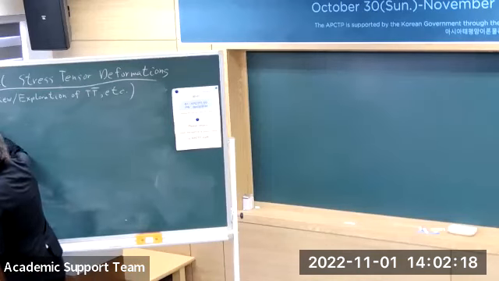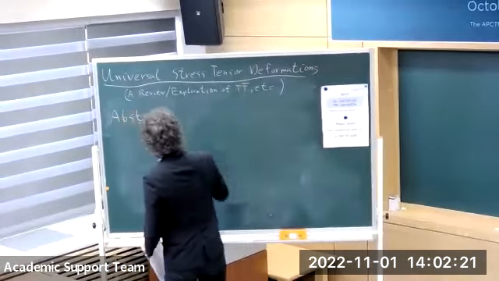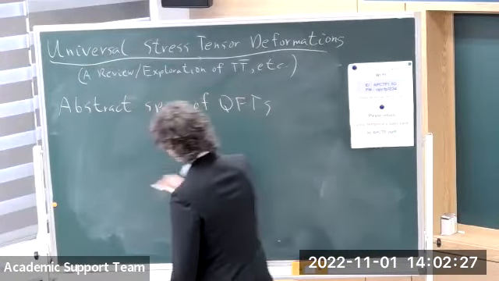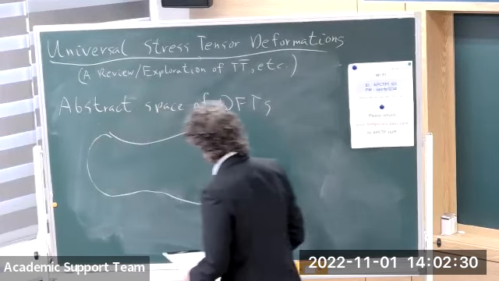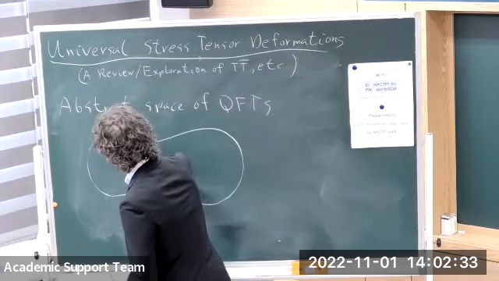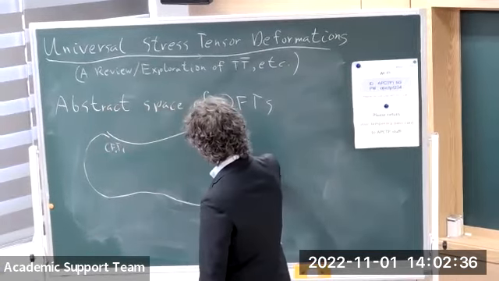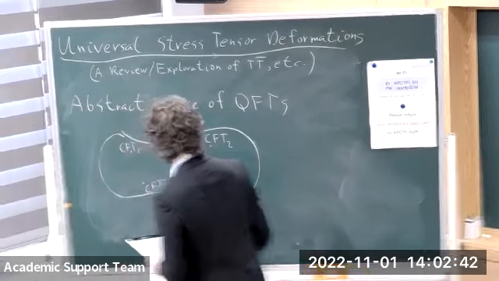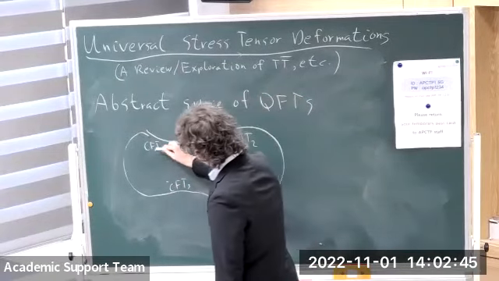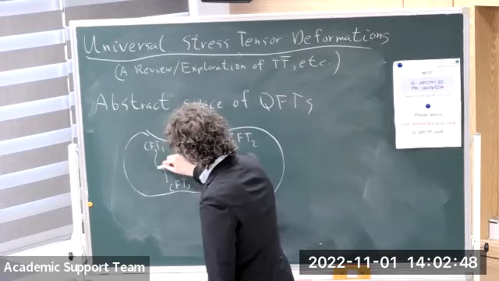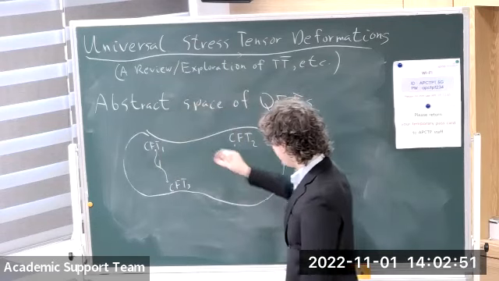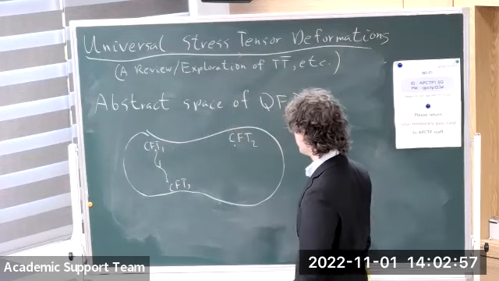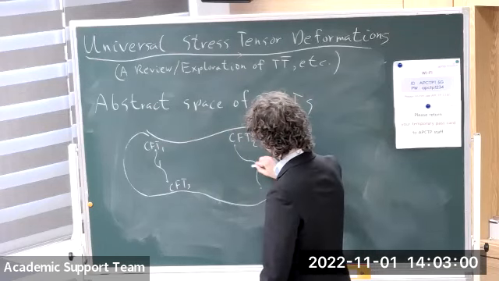So something that I think we all think about is that if you imagine some abstract space of quantum field theories, so I'll draw a sort of blob. And the way that we usually think about this is to organize it into a collection of, say, conformal field theories, which are fixed points of the renormalization group flow. Maybe there's a CFT3 down here. And these different CFTs can be connected by renormalization group trajectories, which we think of as beginning in some UV theory and adding, say, some relevant operator, which flows down to an IR CFT, which is different from the original one. So we can have a few flows of that form.